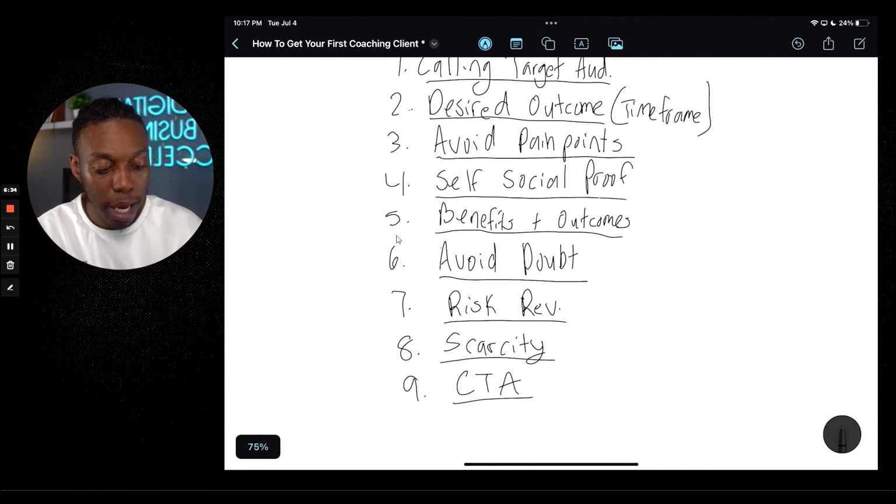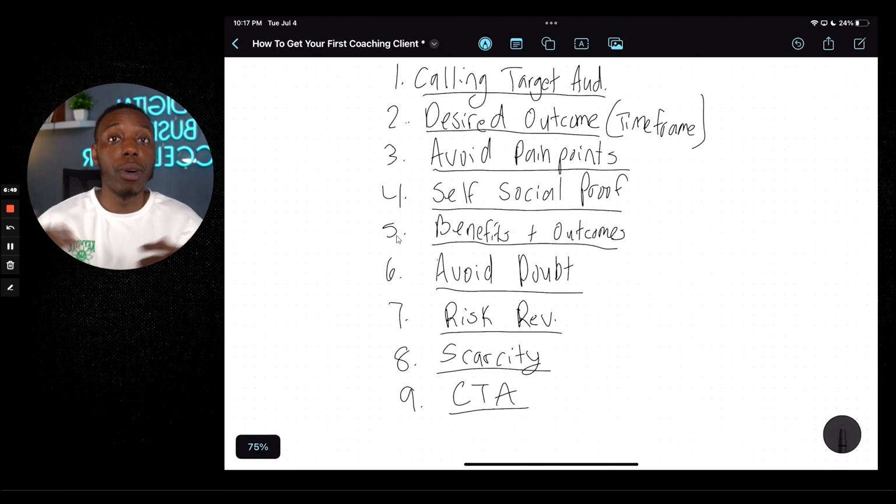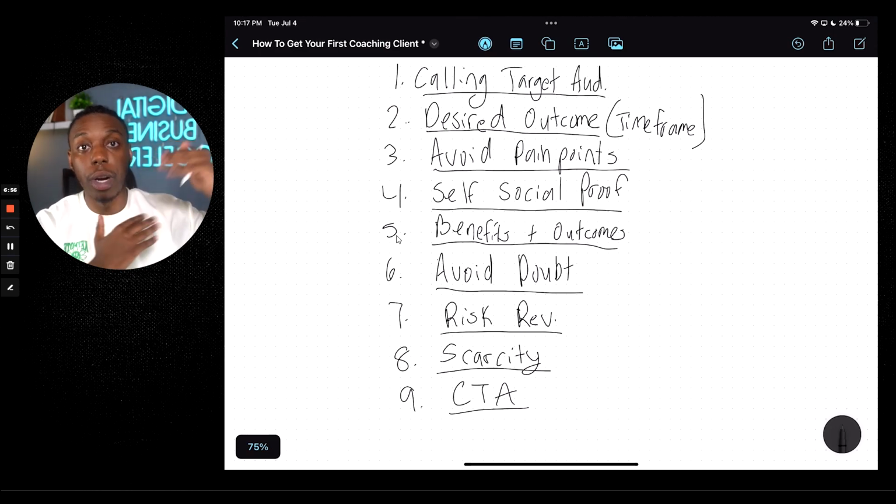Okay, so keep in mind this, right? If you have an email list, you're going to be building out this copy and sending this to your email list. If you have a Facebook group, you're going to be putting this on your Facebook group. Instagram story, you're going to be putting this out. LinkedIn post, you're going to be putting this out. So this is long form copy, right? I'm giving you a brief overview, and I want you to use this kind of template and throw it out to your audience, right?